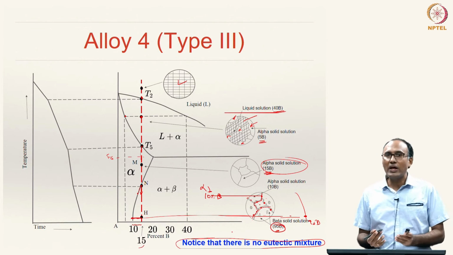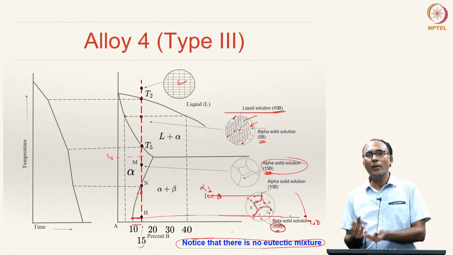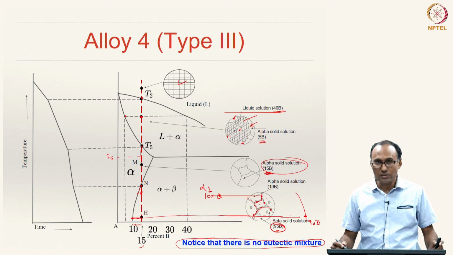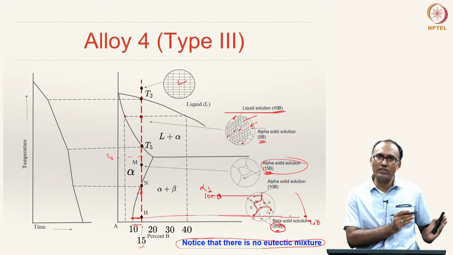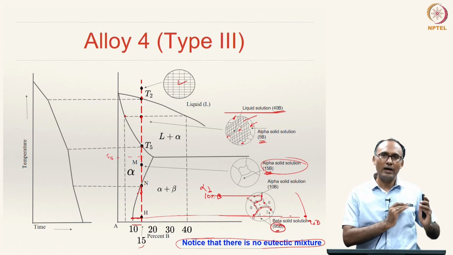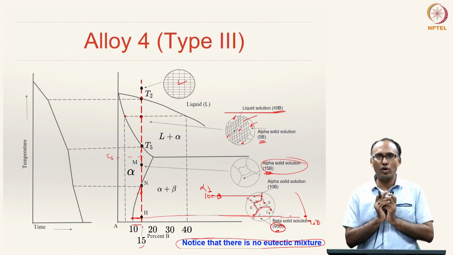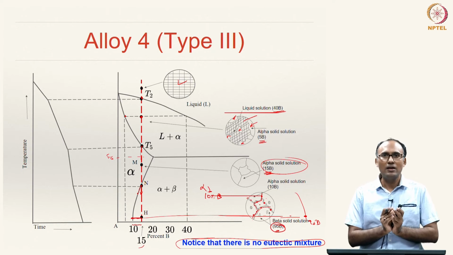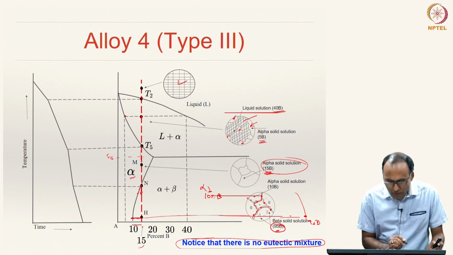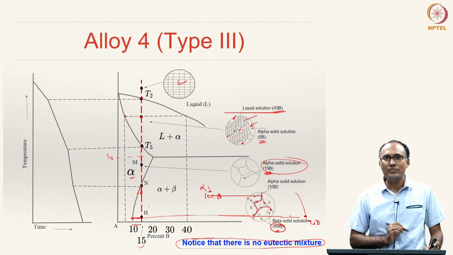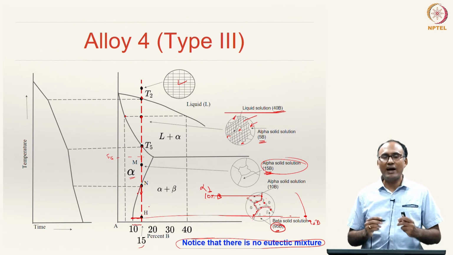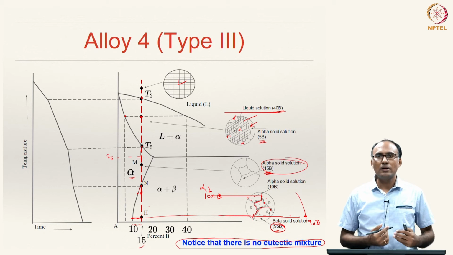There are several alloys which will form eutectic mixture, but this particular composition is not going to give you any eutectic mixture. In that sense alloy 4's microstructure is very different from alloy 2 and alloy 3, as also from alloy 1. Alloy 1 has a very simple microstructure like isomorphous alloys, but alloy 4 is really interesting. Please note that here it is again going from a single phase region to a two phase region without actually going through any reaction, but just by giving out the excess B.